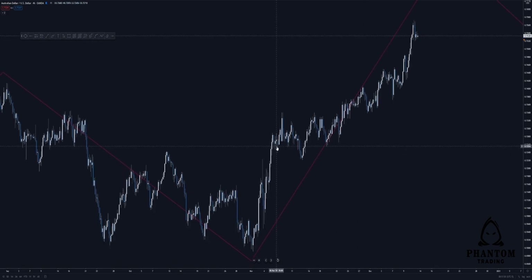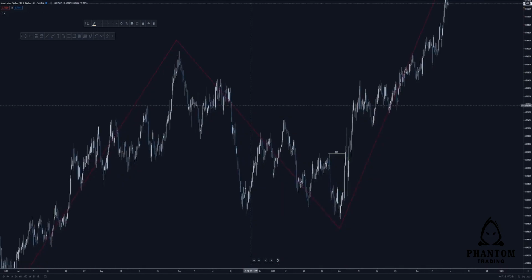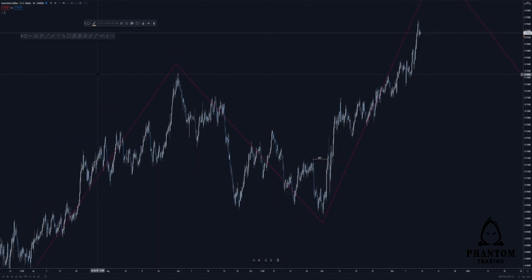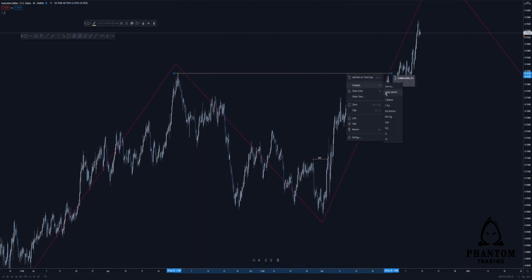So here we are on the 4 hour. We've got a break of structure to the upside right here, which indicates that the bearish pullback on the weekly time frame is now over, right? So now we are getting back into our directional bias on the higher time frame, and our expectation is for price to break structure to the upside, right? This is what the expectation is